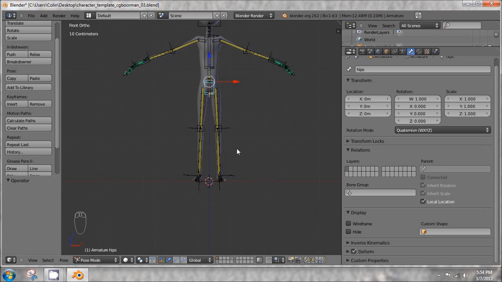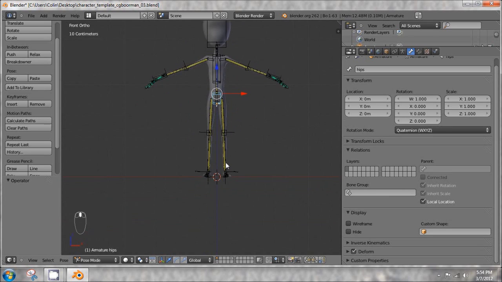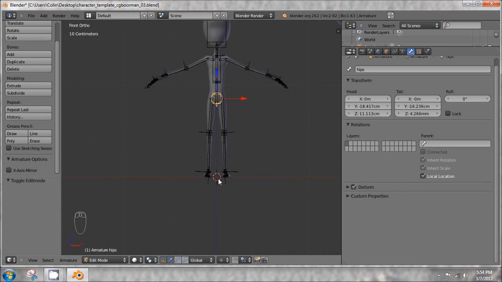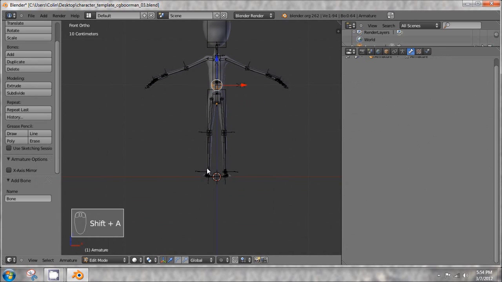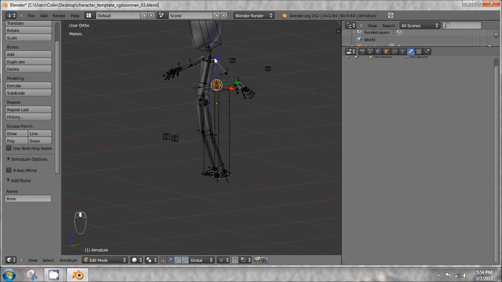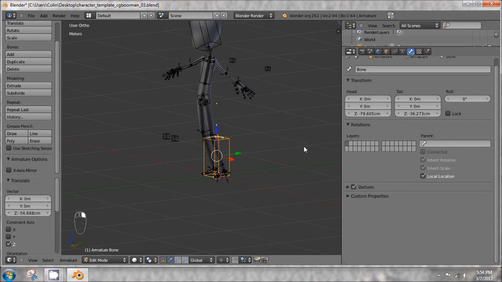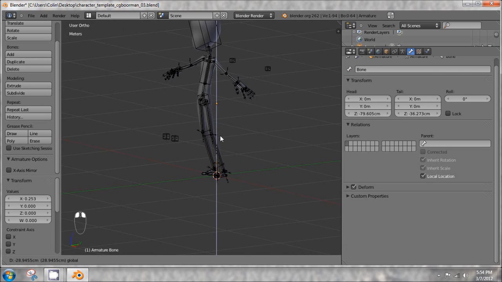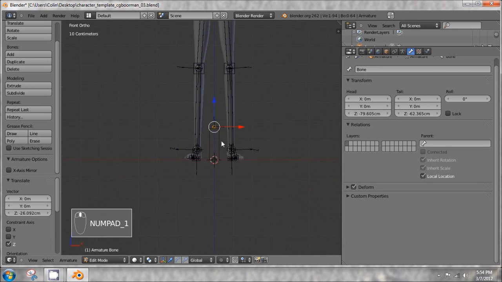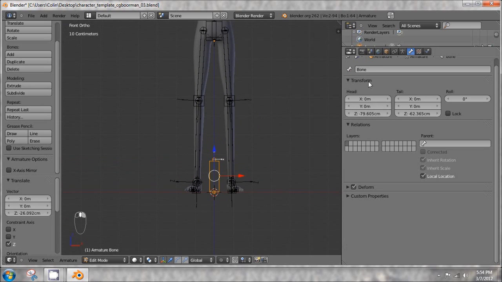So I'm going to press Shift C to put my 3D cursor back in the middle and go into edit mode, and we're going to add a new bone right between his feet. So Shift A to add a new bone, which you can't really see too well, and I'll move that down to make it shorter and make it narrower with Control Alt S. It doesn't need to be quite that tall, so I'll move it down a little bit. And we're going to name this bone. A good name that I like is the name of the character and then controller. So I'm going to call my character Fred, and then underscore controller,